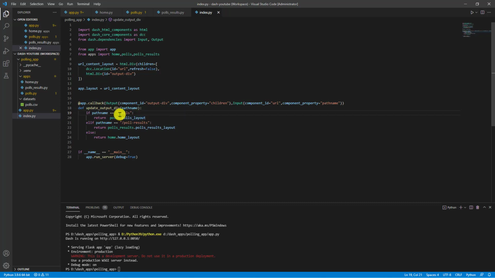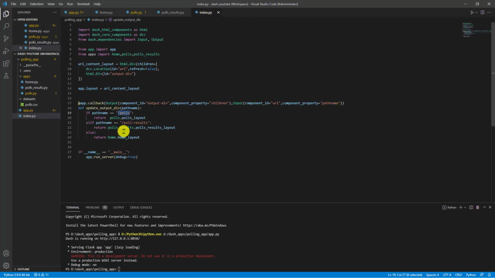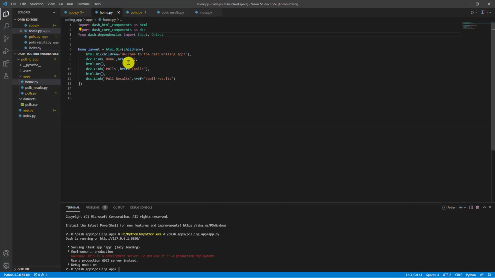This is nothing but the URL path over here, which we are reading in our home.py, if you see it over here, right? Because in the home.py itself we have defined these links. So if you are changing in the index.py, you have to change first in the home.py. If you want to set a new path, then only you'll be able to change the index.py over here, then only it will work.